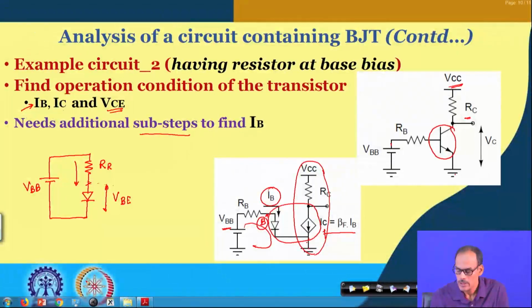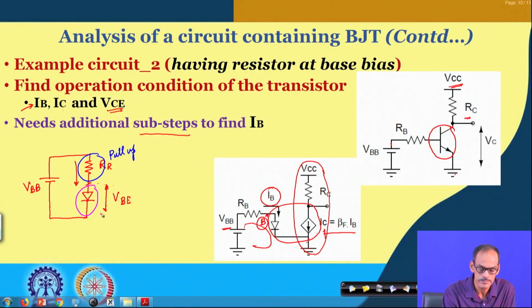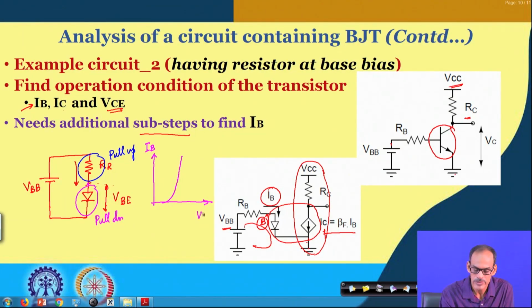Since it is a nonlinear circuit, to find the solution we can deploy a similar technique, namely we consider this part as the pull up element, and the diode we can think of as the pull down element. Our main objective here is to find this current. Of course, at this node we have to respect KCL, and also KVL. So, in general, the pull down characteristic we can sketch. This is the pull down characteristic, an exponential relationship. This is the current through the base, and this is the voltage across the base